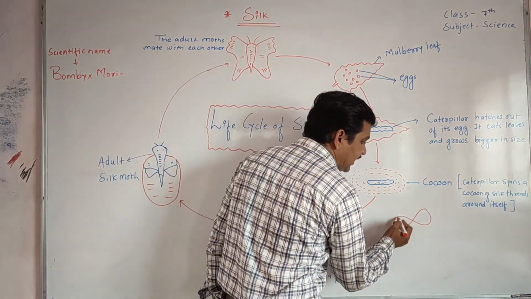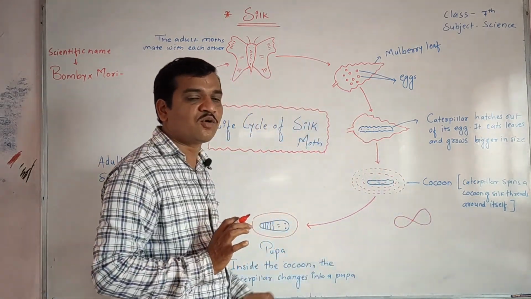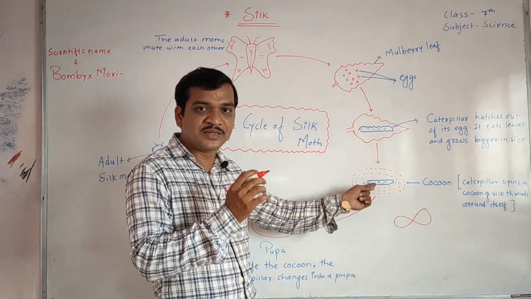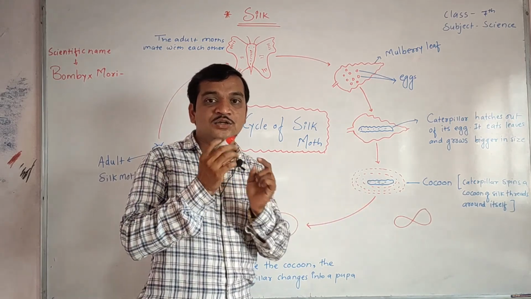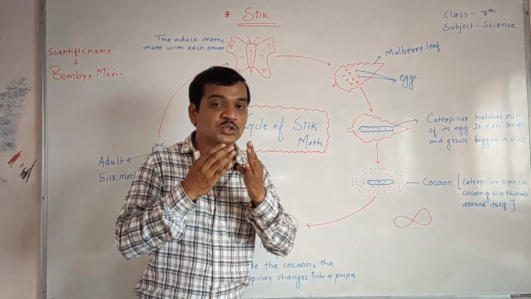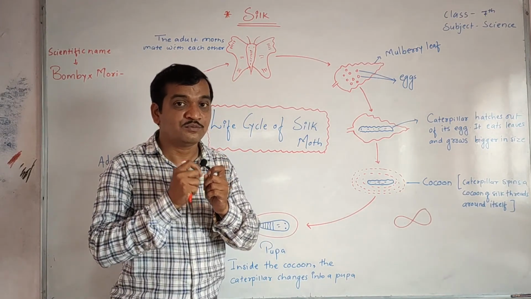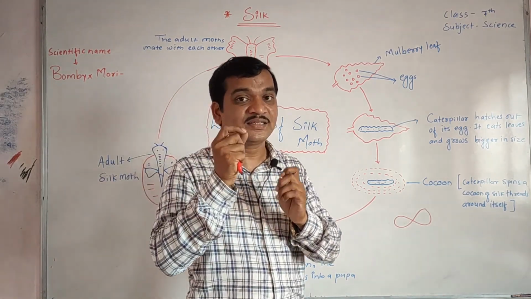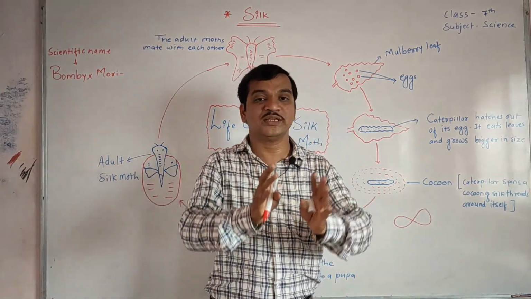This is the digit 8. In this form the caterpillar swings its head and secretes the juice. When this juice, the sticky substance produced by the glands, is exposed to the air,